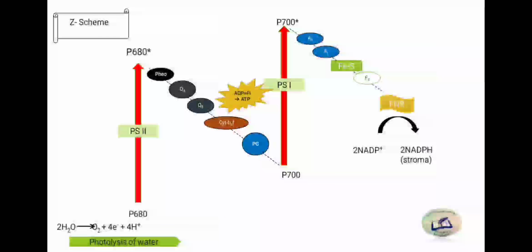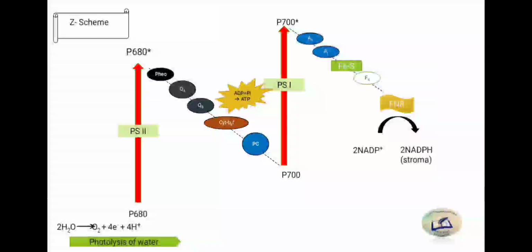And you know what happens now? These electrons serve as the electron source for the P680 system. I told you that at the end of the process you will learn where the electrons come from. So the electrons are fueled from here to P680. Now these electrons cycle through this process and further they come to the last point,